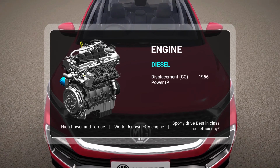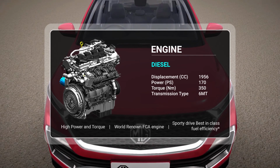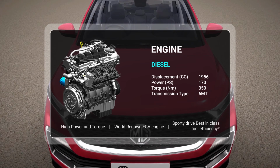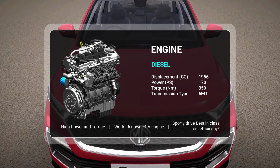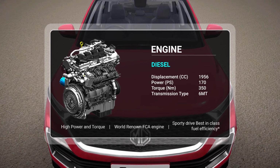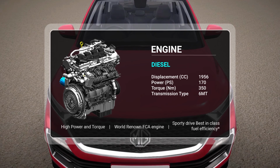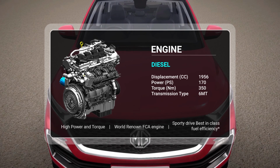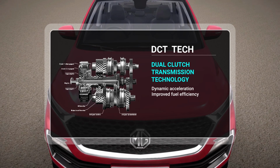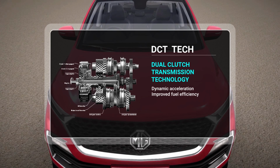Our diesel engine is proven, rigorously tested to perform in Indian conditions, and delivers a staggering 170 PS of power along with 350 Newton-meters of torque, enough to bring brute force on the road as well as excellent fuel efficiency. The automatic variant of the Hector comes with DCT technology that uses a dual clutch offering dynamic acceleration and improved fuel efficiency,